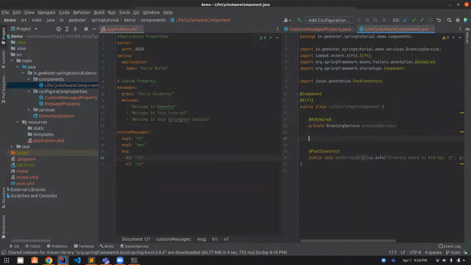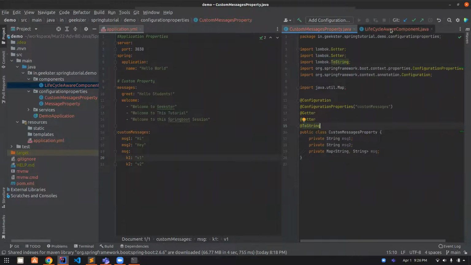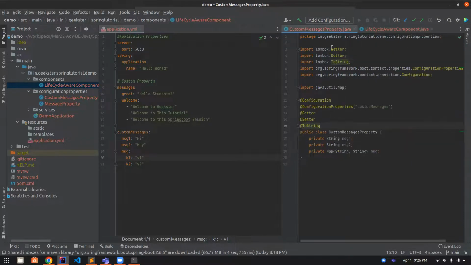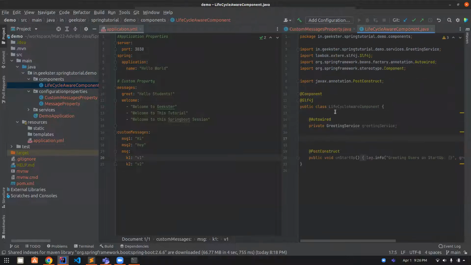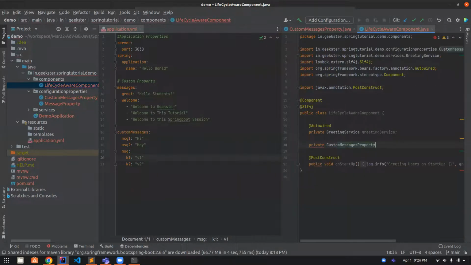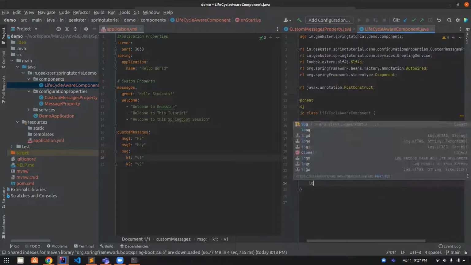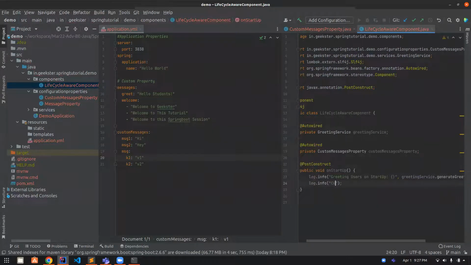One thing to notice here is that in my previous case, I was just using add value. Here, the moment you use configuration and configuration properties, it becomes a Spring bean, which means you have to use add auto-wired. And what I'm doing now is using field injection, not constructor injection or setter injection. So I'll say custom message property, add auto-wired, and on startup I will simply display this. I'll simply say log.info custom